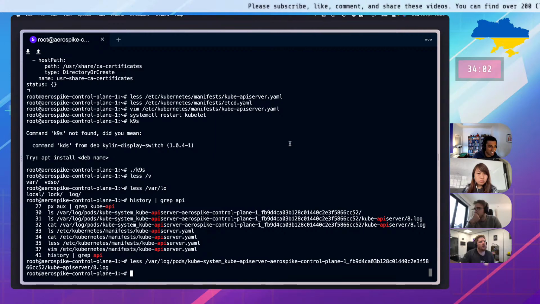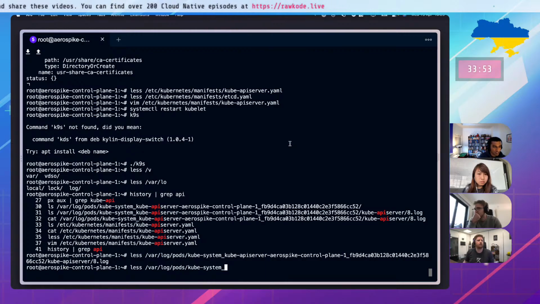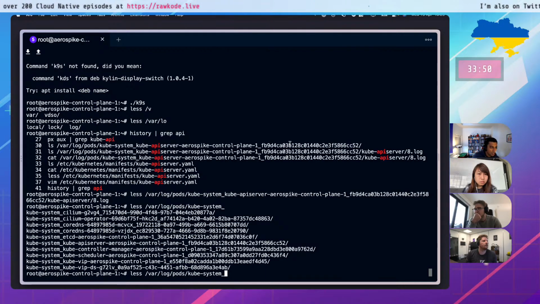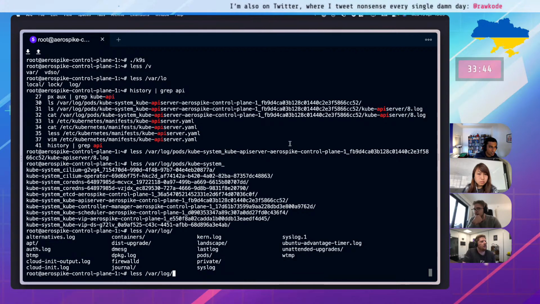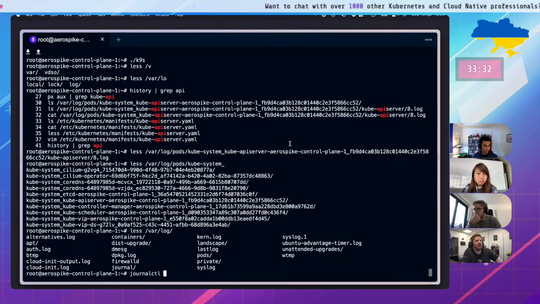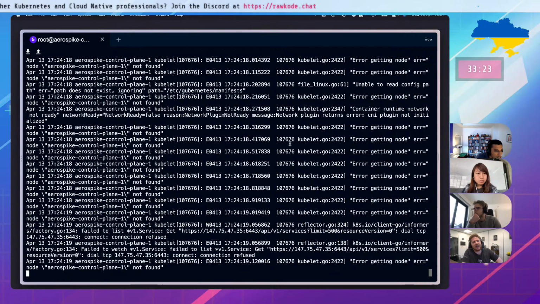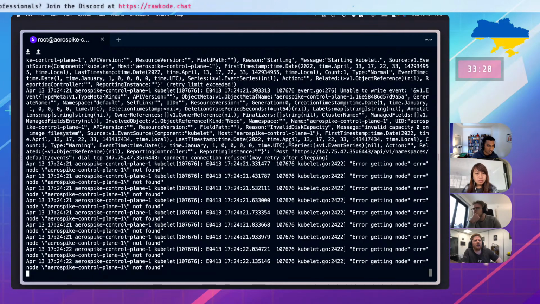What else is wrong here? Maybe check the kubelet logs. Yeah, let's check before we restart. Oh, is it not in the same place? Maybe in containers. The kubelet logs, because it says systemd service, you'll need to use journalctl -fu kubelet. Okay. So journalctl -fu and then kubelet. So that's standard. That just means it can't reach the API server yet.